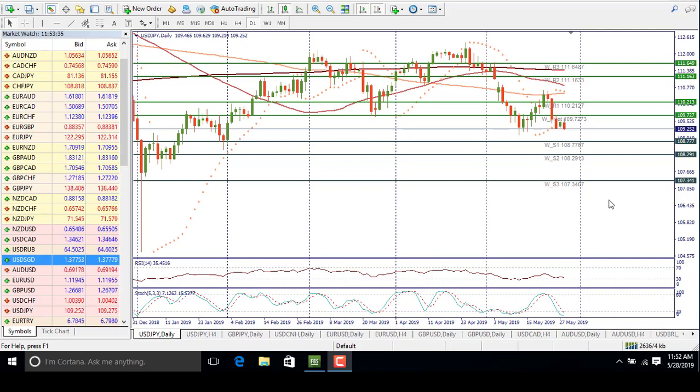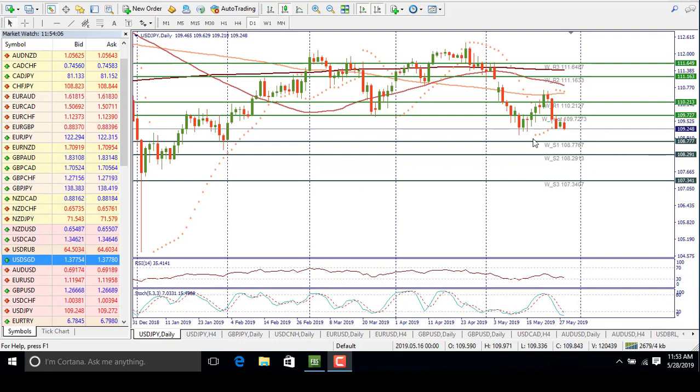More negative news on that matter will push the safe haven currencies such as the Japanese yen and the Swiss franc higher. At the same time, it will weaken the risk-weighted currencies such as the Australian dollar and the New Zealand dollar. If we look at the daily chart of USD JPY, we can see that the pair is currently